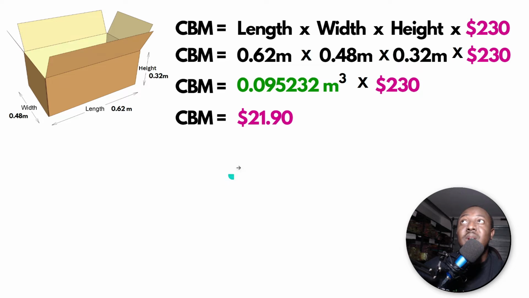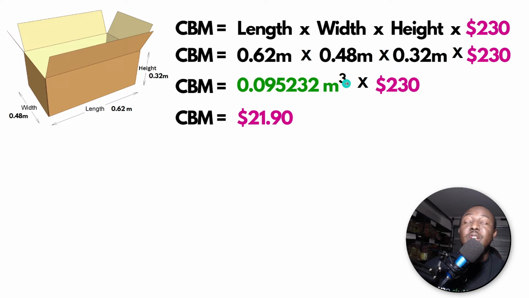This is an example. It is going to be the length times the width times the height, times how much the company is charging per 1 CBM. In this example, the length is 0.62 meters, the width is 0.48 meters, and the height is 0.32 meters, times $230 per CBM. So the length times the width times the height gives you